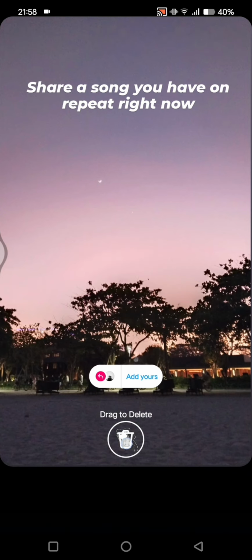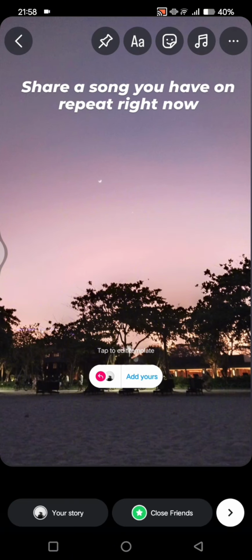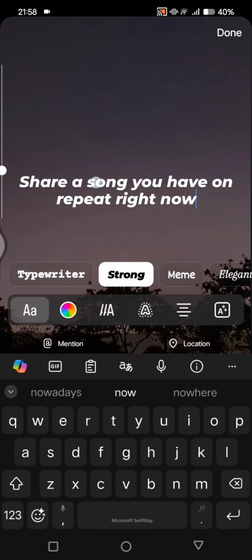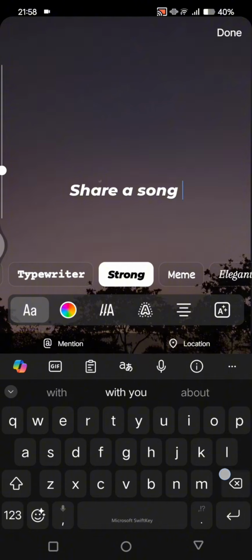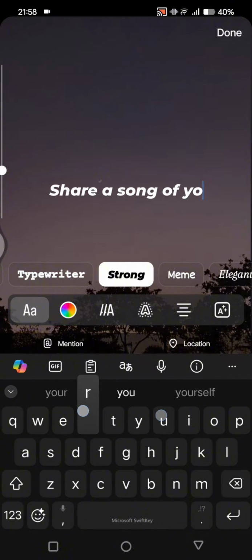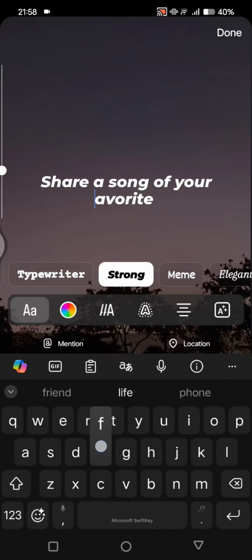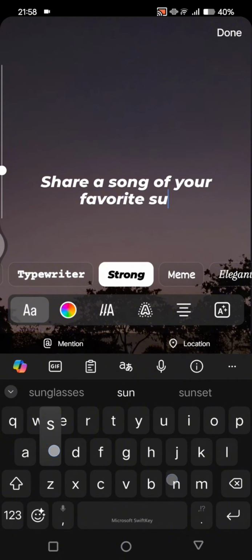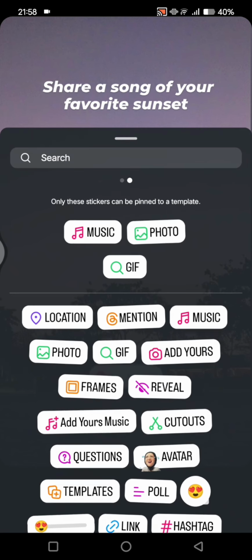Here I'm going to remove this. For example, I'm going to change the text here. Okay, share a song of your favorite sunset, for example, like this. You can click on done, and if you want to, you can also add other elements like this,